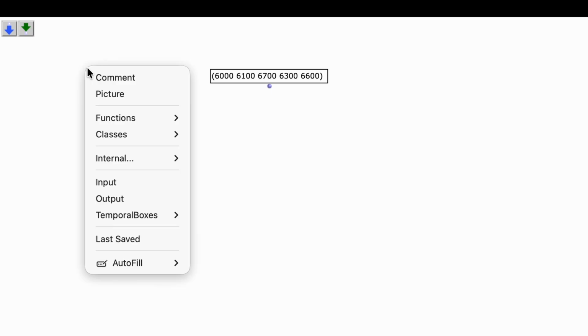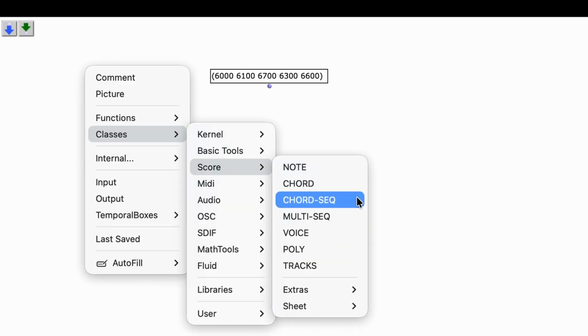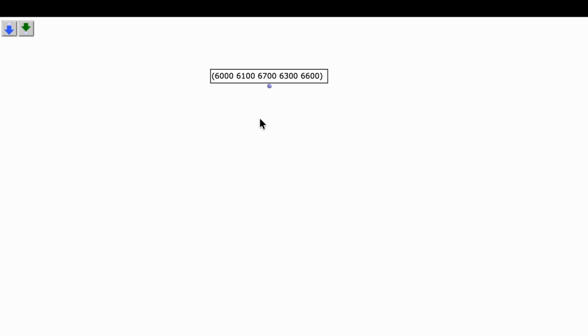Let's start in a new patch by creating a group of pitches. We can do this using a list. We'll double-click to create a literal box and enter some Midicent values inside parentheses. Score classes like voice, chord, and chord-seq can interpret pitch data. Since we're not concerned with rhythm or duration here, chord is convenient because it doesn't require us to define any